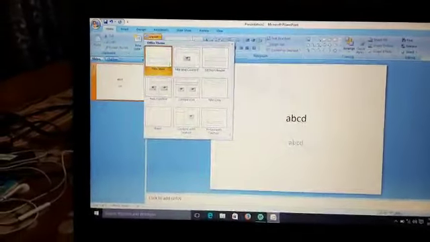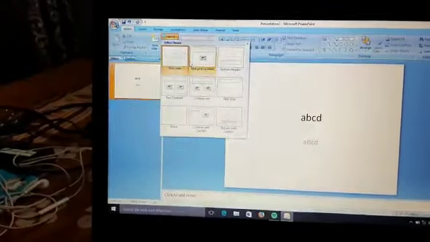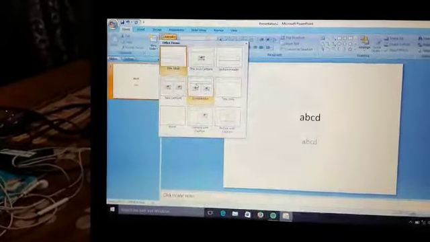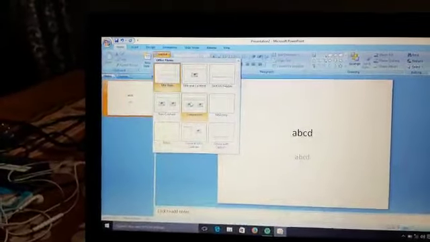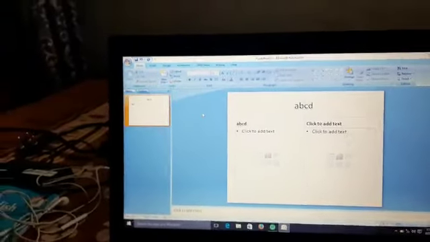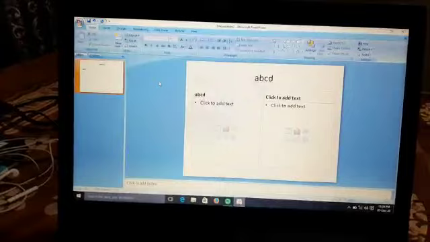Suppose it's a science answer, and you have to write the differences. Can you see this slide? This kind of layout, here you can write in a tabular form. Okay, this is just an example. Depending on the requirement, you can choose the layout.